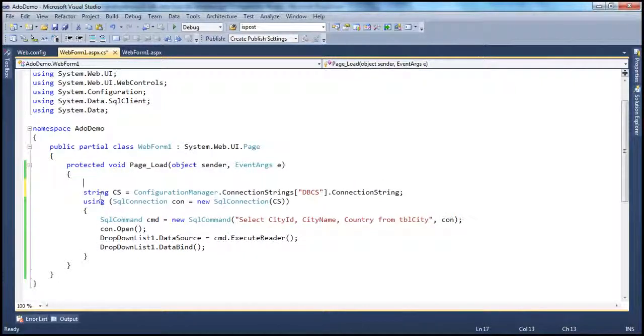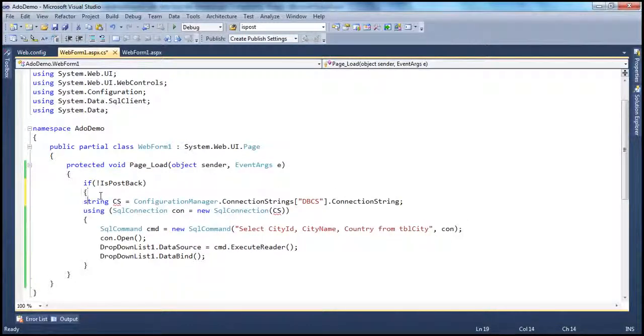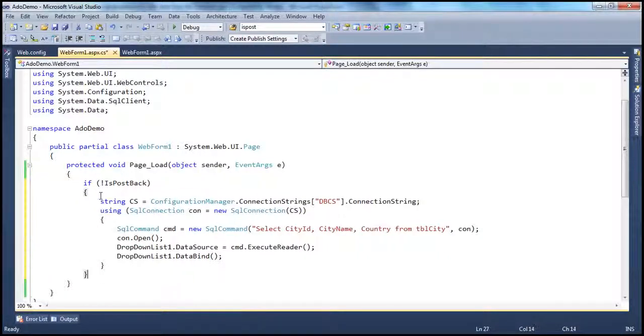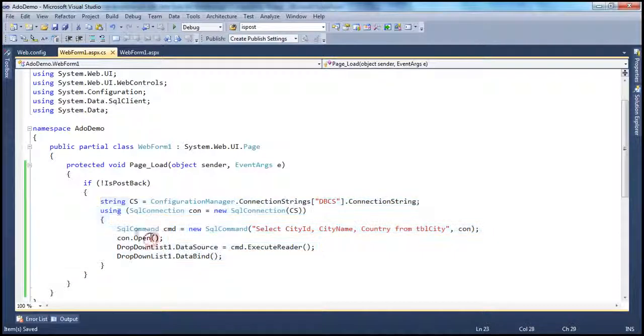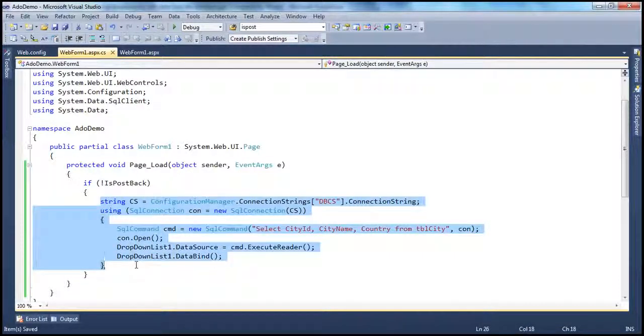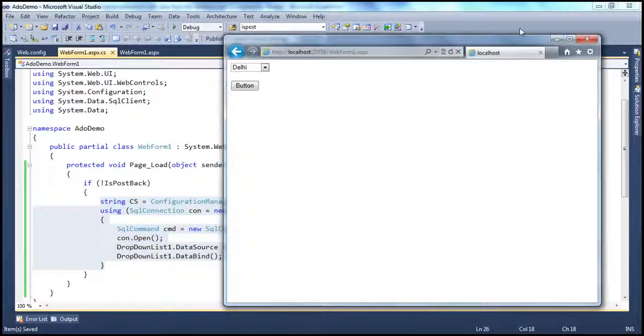So to slightly improve the performance of your application, you can wrap this entire code within the IsPostBack check, using not IsPostBack, which means this piece of code is going to be executed only the first time this web page gets loaded, which means if it's only a GET request. If it's a postback request, this code will not be executed, and the view state of the drop down list control is going to remember the items that we have loaded into that control the first time when the web form loaded. Okay, so if we run this application now,